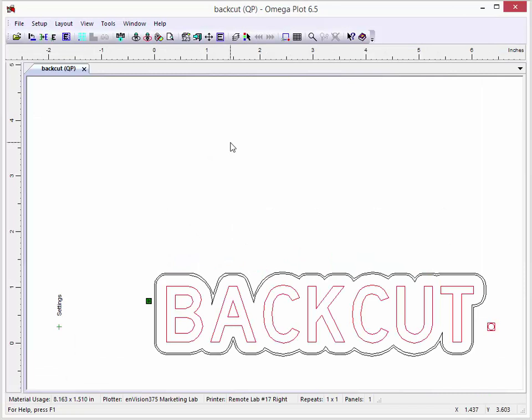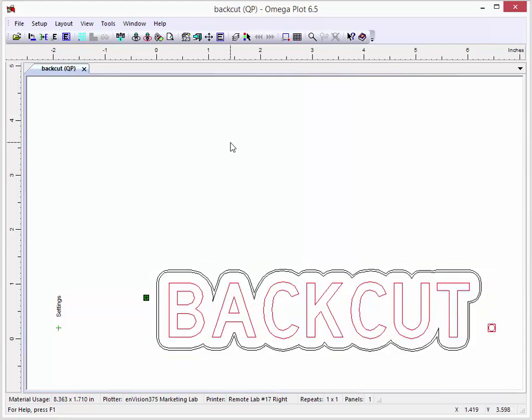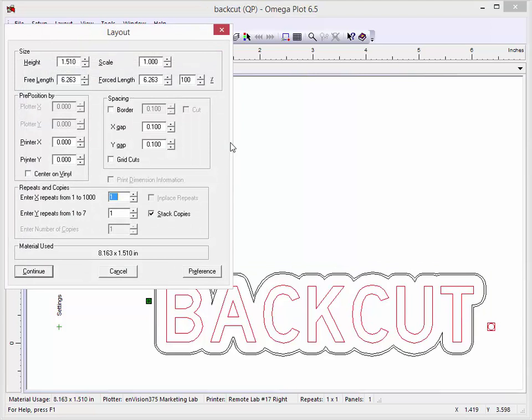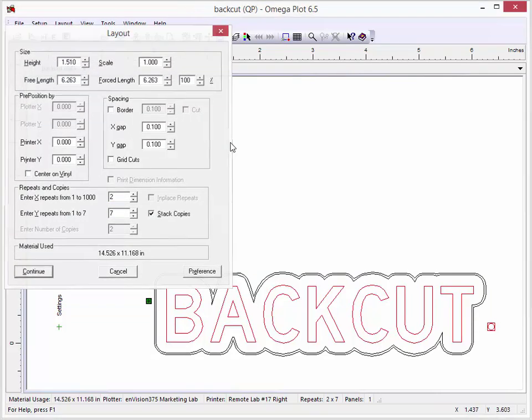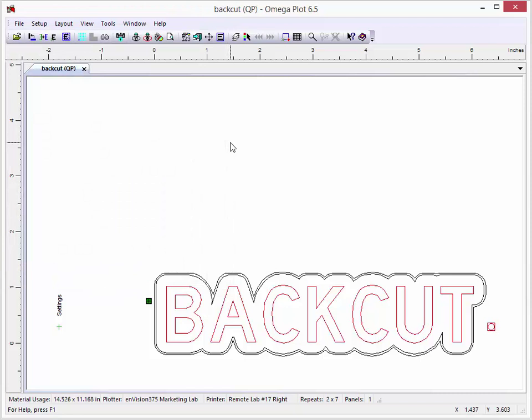And here I am in the plot window. And I'll just set up some repeats. So I'll turn off my weed border and set some repeats. So I'll say 2 and 7. So once I have my job set up the way that I want it, we'll go into the File